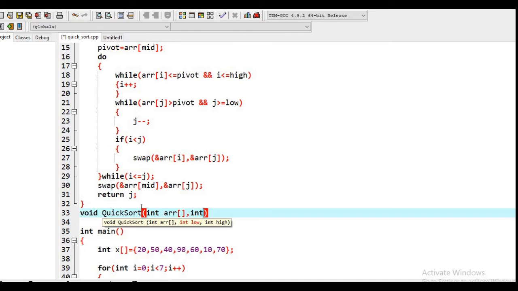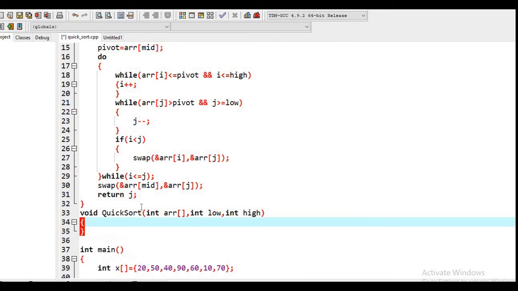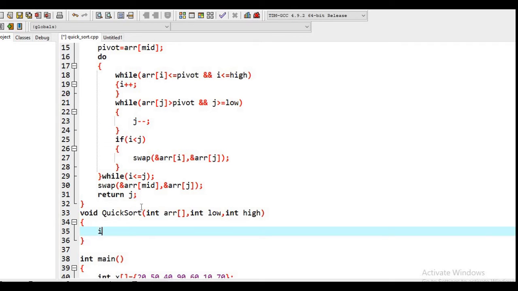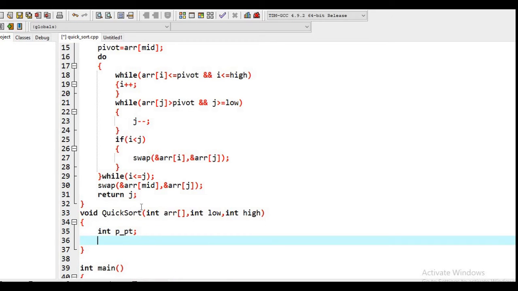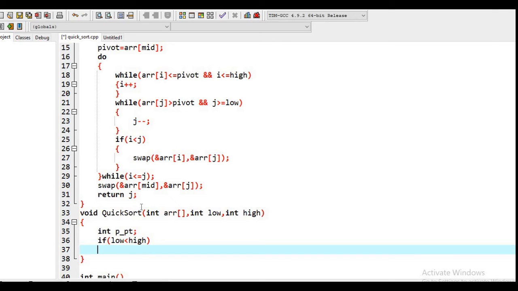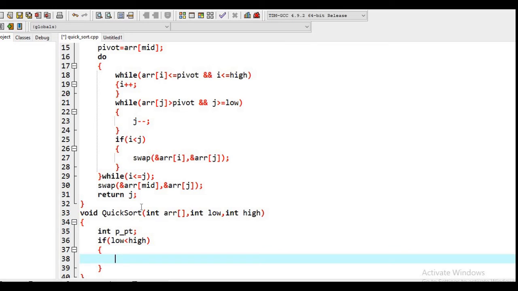Now we will declare a variable, I will name it partition point, p point, and if low is less than high, then what we have to do. In recursion also we must have some terminating condition, otherwise recursion will go indefinitely. So for that I have put this condition: if low is less than high, then only it will call the function recursively, otherwise it will stop or terminate.